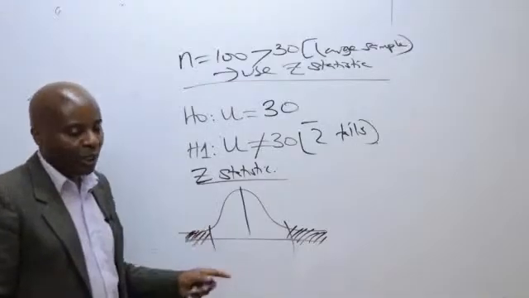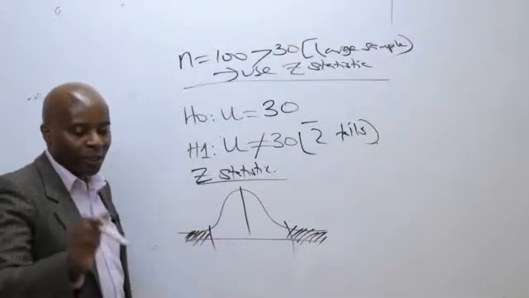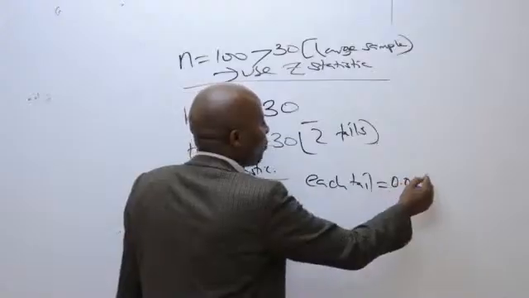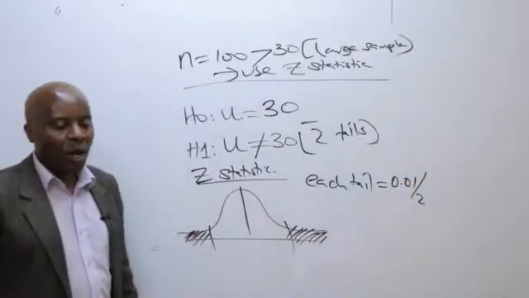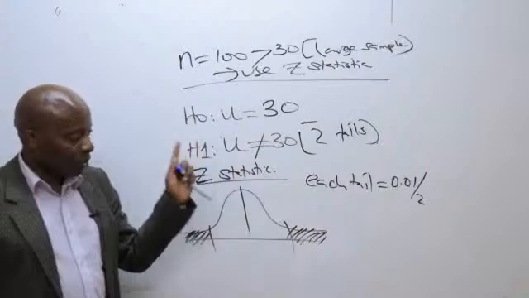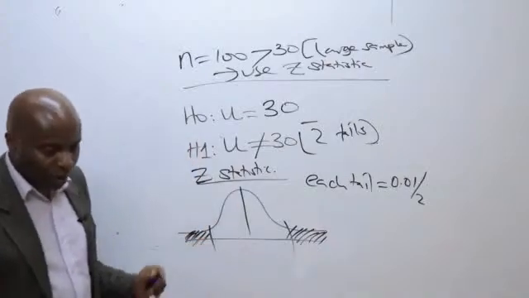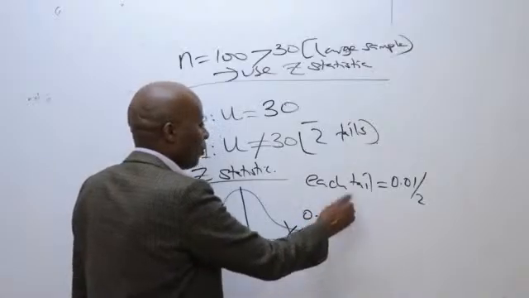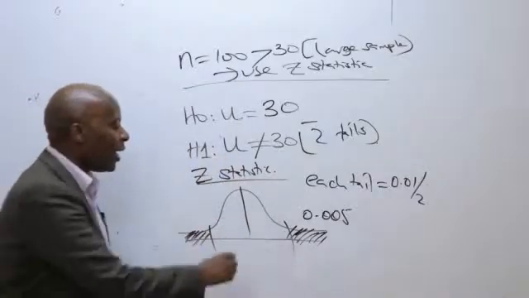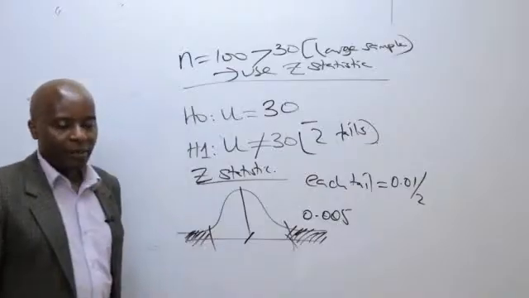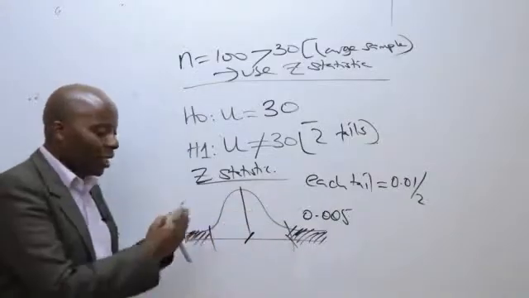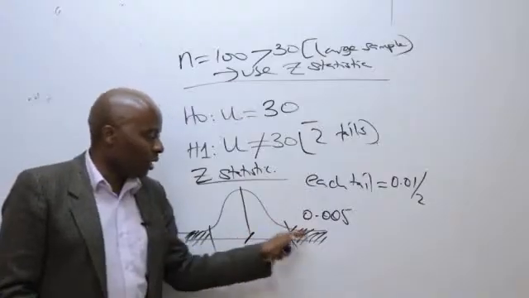When there are 2 tails, I have to subdivide the level of significance into 2. Because of the 2 tails, each tail will take 1%, so 0.01 divided by 2, which gives me 0.005. Once I have this, I can go to my area from here to here, because of the table that the examiner gives us, which is normally shaded from here to here. How do I get this unshaded area on one side? I know for sure that the 2 areas must always add up to